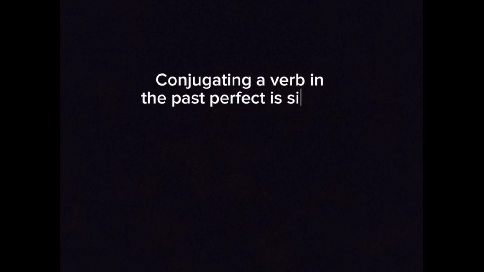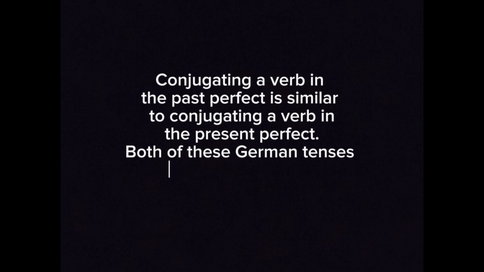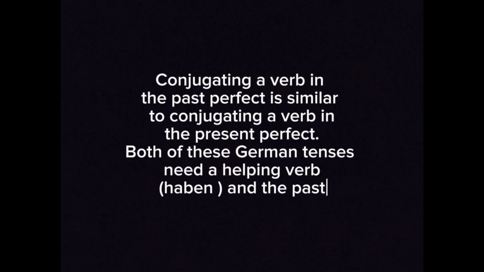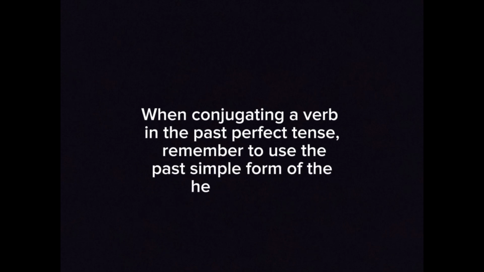Conjugating a verb in past perfect is similar to conjugating a verb in the present perfect. Both of these German tenses need a helping verb, haben or sein, and the past participle. When conjugating a verb in past perfect tense, remember to use the past simple form of the helping verb. Let's see how to conjugate a regular verb in